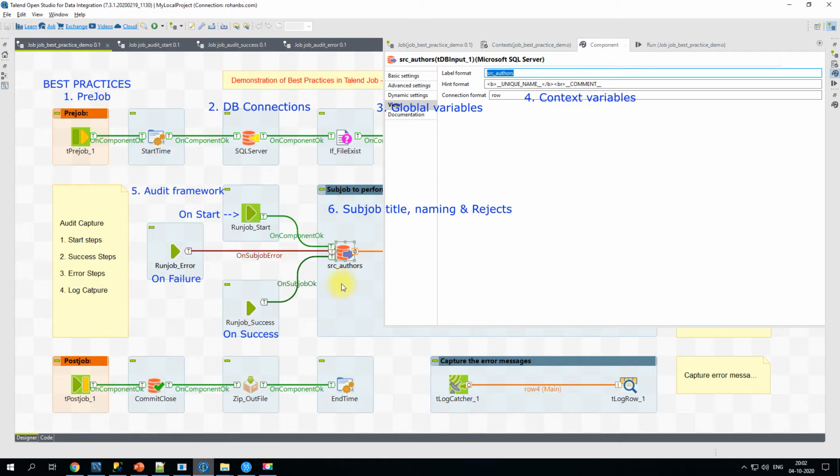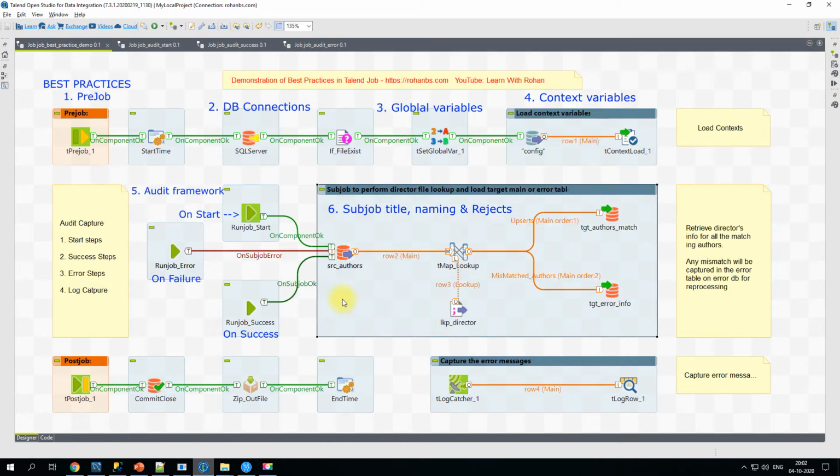It will be really easy to understand what this particular component does, what it is, and what we are trying to do here. And if you see, even the links can have proper messages. So these are my matched upserts, and this link is basically to capture all the mismatch records.